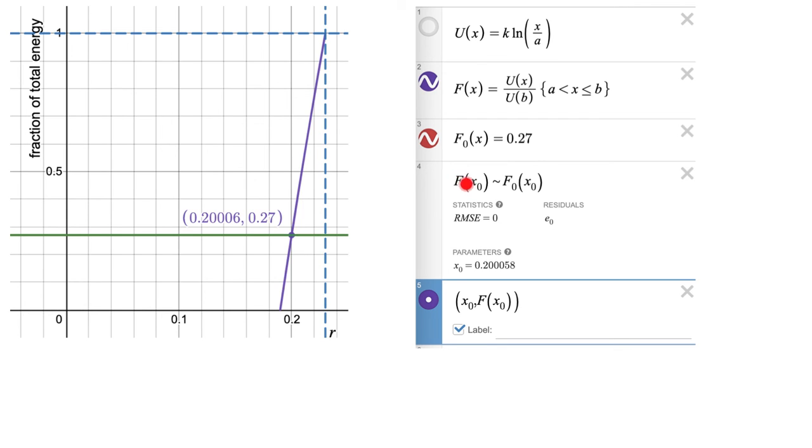So I say take the fraction at some value to be the thing we want at that value, which is of course constant, and then plot that point. And we see what comes up is this, which is 0.200006, and our desired fraction of 0.27. So we find that the radius that we would want, after all is said and done, would be